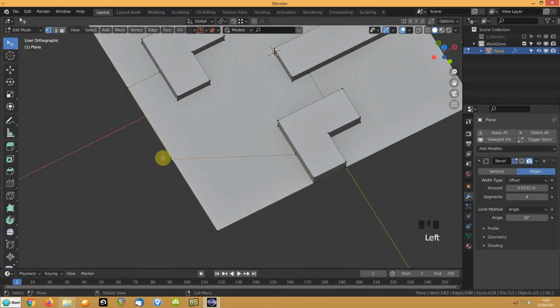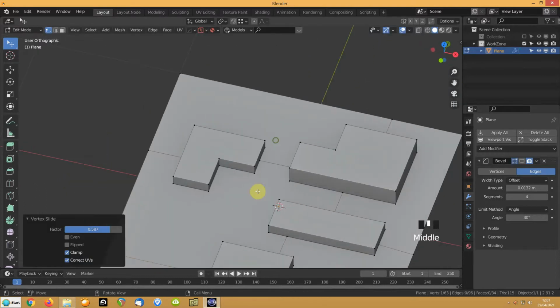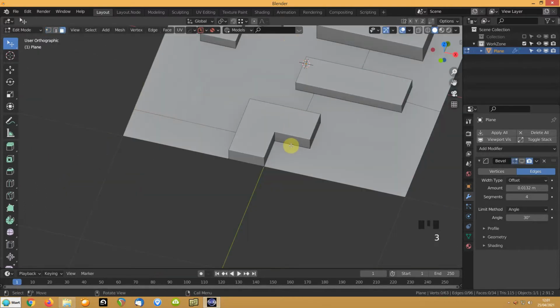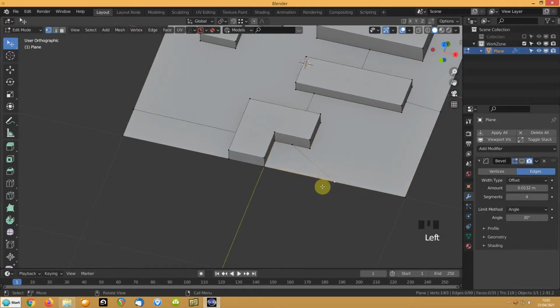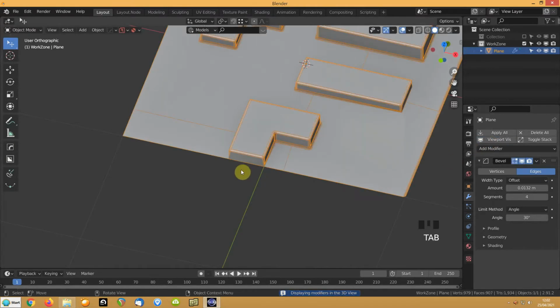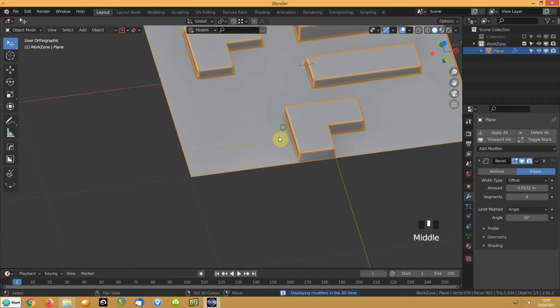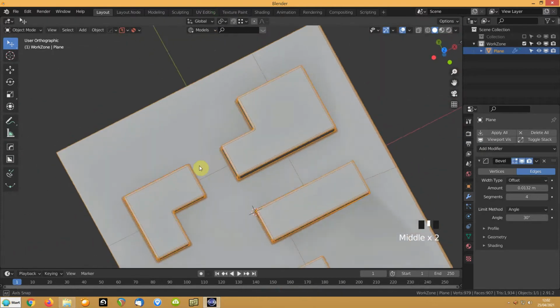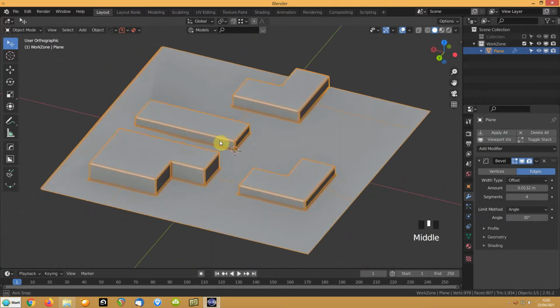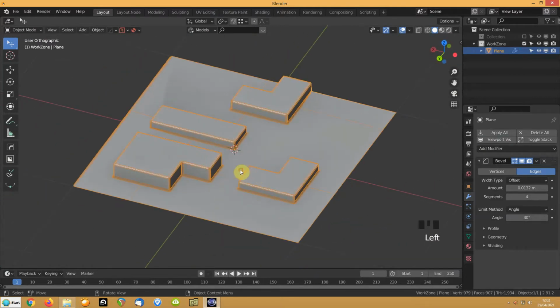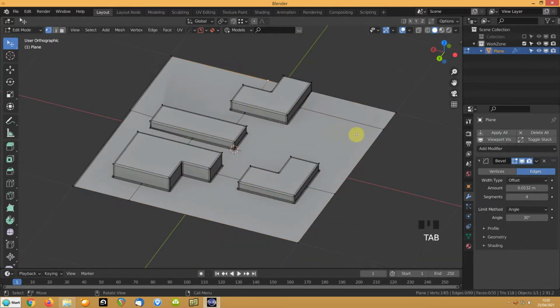Subdivide, and two, so select those two, subdivide, turn that back on. Now we're looking better. So you see how I'm sorting out issues with the bevels there, just using Subdivide to quickly move, because it